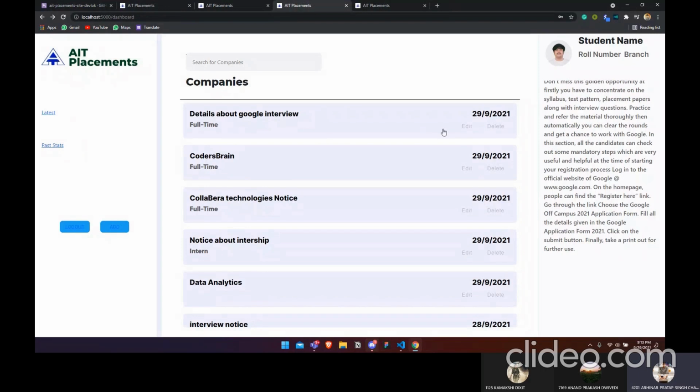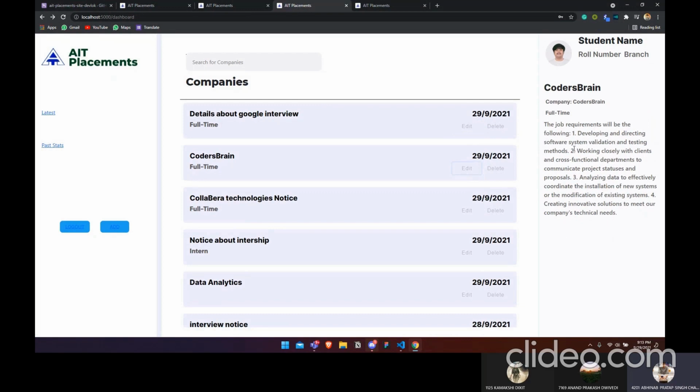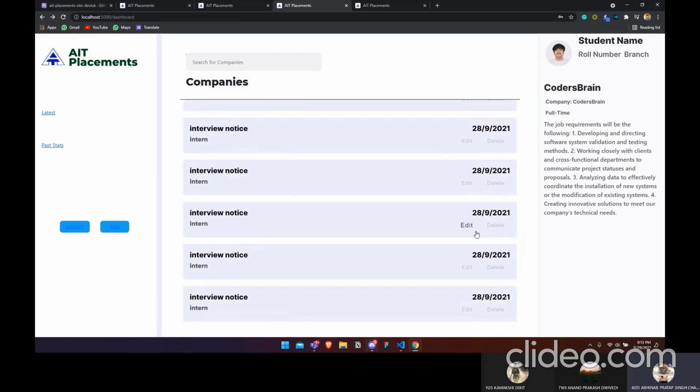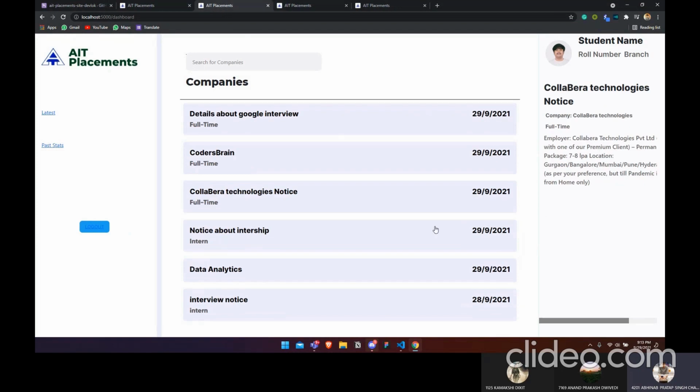We have the edit and delete section. This is still in development. We wanted to show that the TPO will see the data and edit straight over from here. He does not have to change. So this is the whole idea and the thought process that we went through.